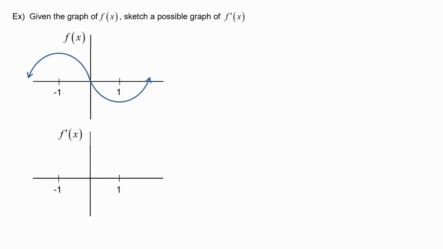In this example, given the graph of f of x, sketch a possible graph of f prime of x. Now remember, we've learned that the slopes of f become the y values of f prime. Now on this graph of f, there are 2 locations where we know exactly what the value of the slope is. Here at -1,